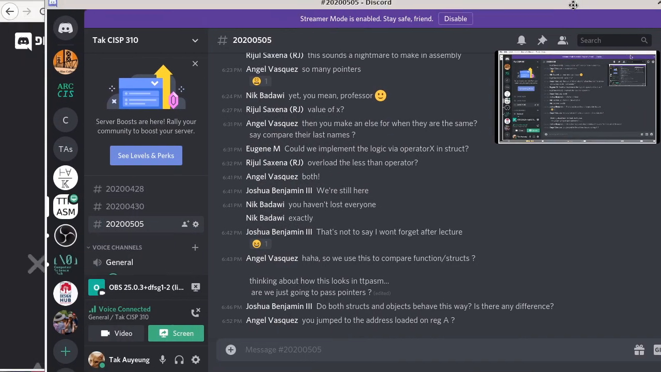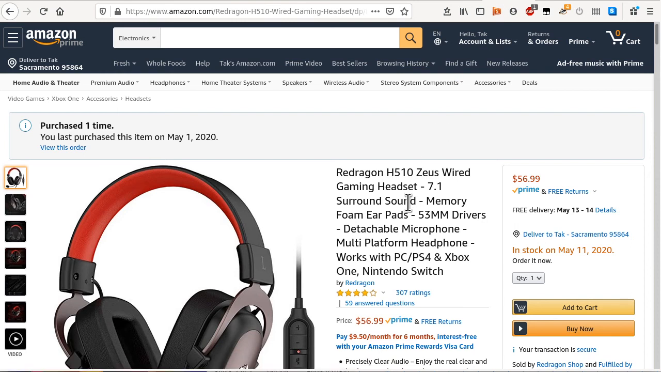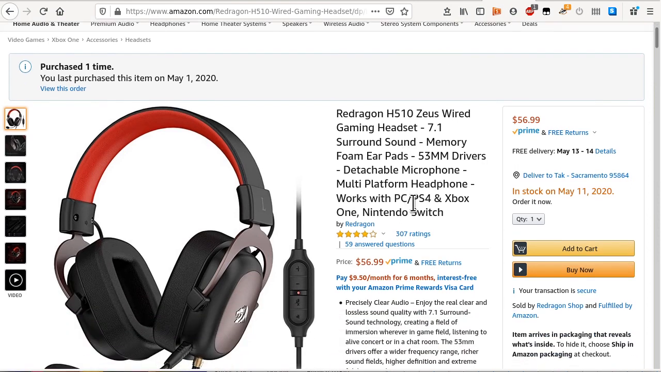All right, so I'm going to move this out of the way. Right now I'm using a headset that I just got yesterday from Amazon. And this is the one. It's not really the priciest headset. It's not the cheapest one either, but it works exceptionally well. If you are a music person, it's not going to be the best option. But on the other hand, if you are